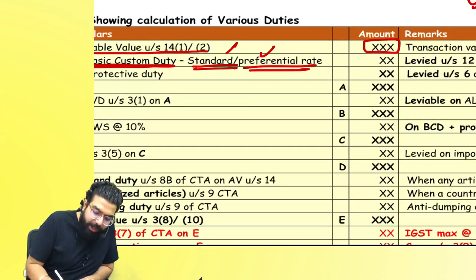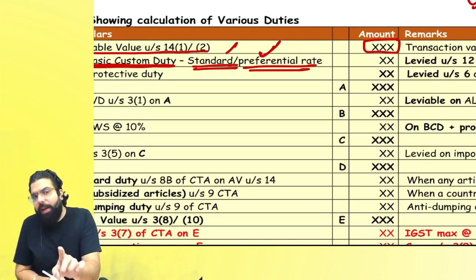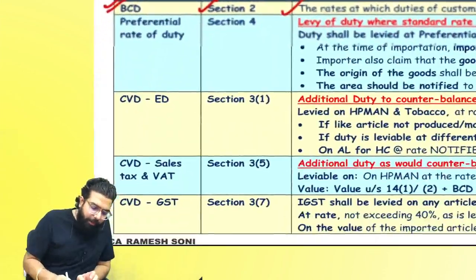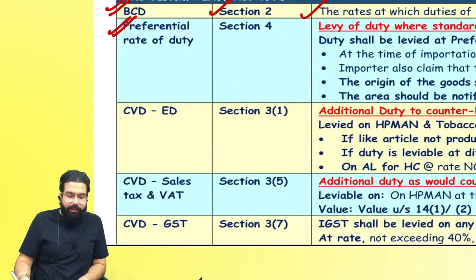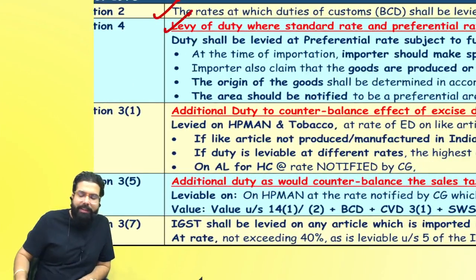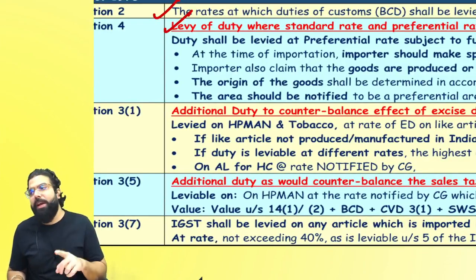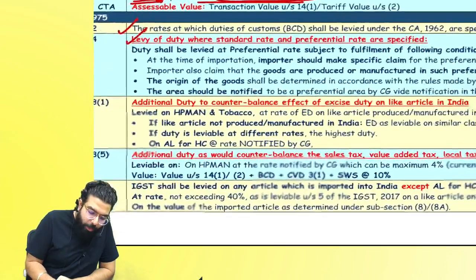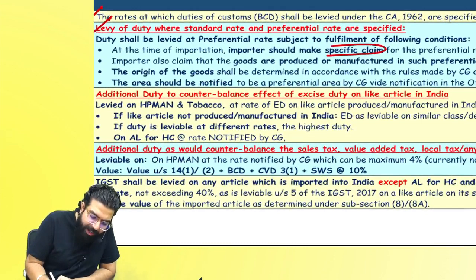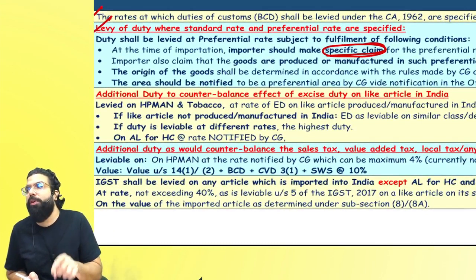Always remember one thing, if preferential rate is given, then you can claim preferential rate, but for that you have to claim. Section number 4 of the Custom Act says that levy of duty where standard rate and preferential rate both are given, you will be levying at preferential rate, but subject to condition. Number 1, you have to make a specific claim. When you are filing your bill of entry, you have to claim that preferential rate of duty should be levied